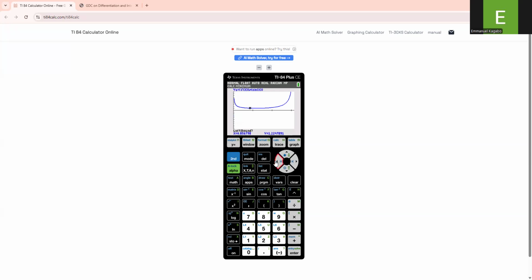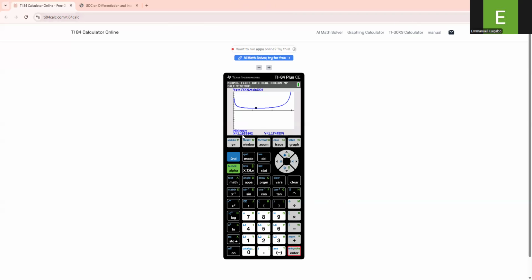Somewhere there. Let me just, for security reasons. Okay, good. Now, somewhere there. So the GDC is asking me for the right bound of the minimum point. Okay, let me just continue. Somewhere there, my curve has started increasing, I can see. Okay, enter. So the minimum value, if we check from the graph here, the minimum value of my function